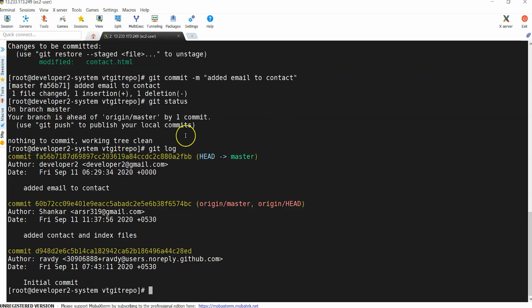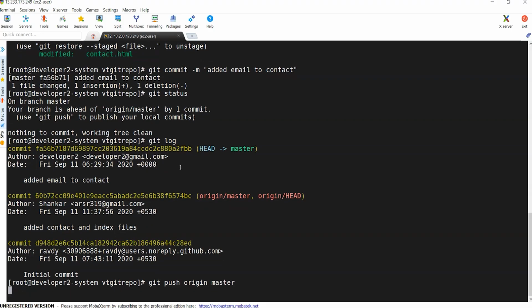Now I would like to push these changes to my remote repository. Before pushing it, you can see the author we have done it as developer 2, and this is the email ID. Now let's try to push these changes to the remote repository and we'll see what happens. Git push origin master. Okay, you can see here it is asking for a username,